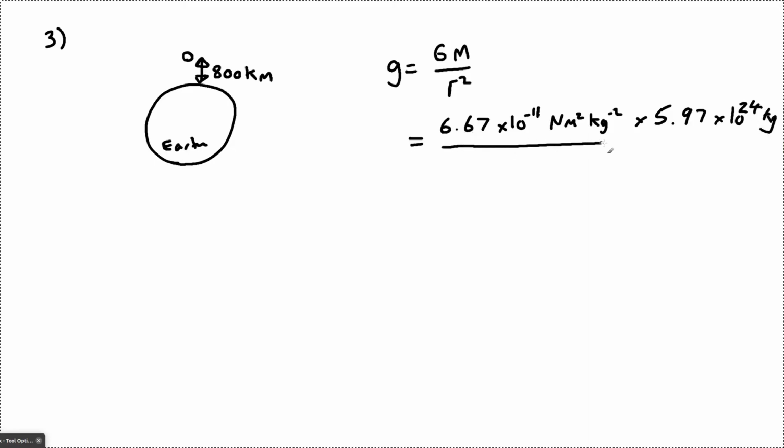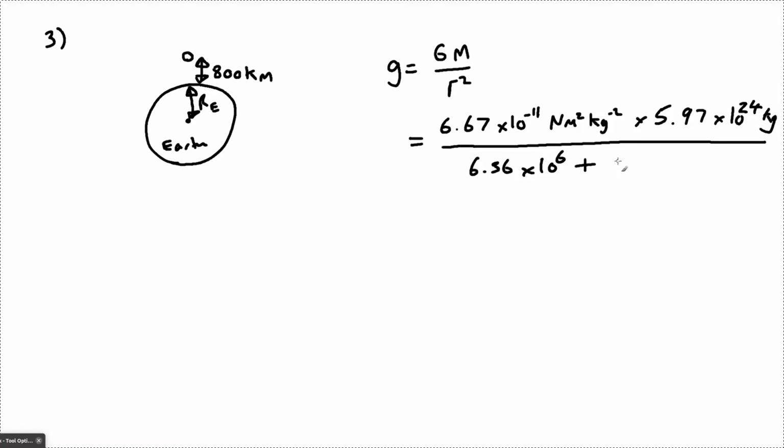And we need to divide that then by the distance. Now the distance here needs to be measured from the center of mass of these bodies, so from the center of the Earth to the center of the satellite. So what we need to do here is add on the radius of the Earth, because the 800 kilometers is the distance above the Earth's surface. Again, we can look that up in the data book. The radius of the Earth is 6.36 times 10 to the power 6 meters,